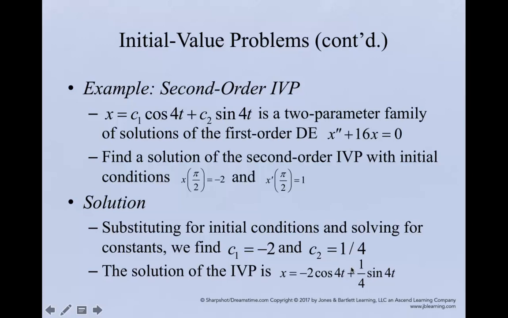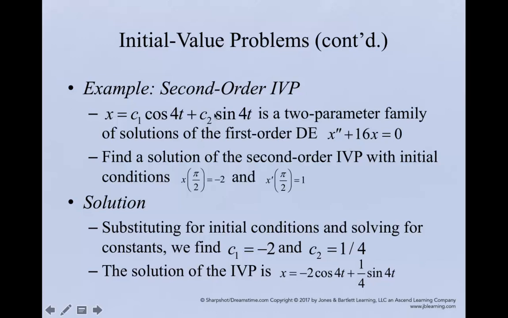Okay, a second order initial value problem would have two different solutions. So here is the differential equation, x double prime plus 16x is equal to 0. It's a function of time. When we solve that second order differential equation, which we'll do in a later chapter, you get